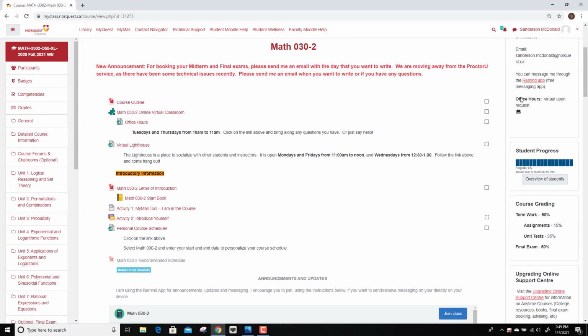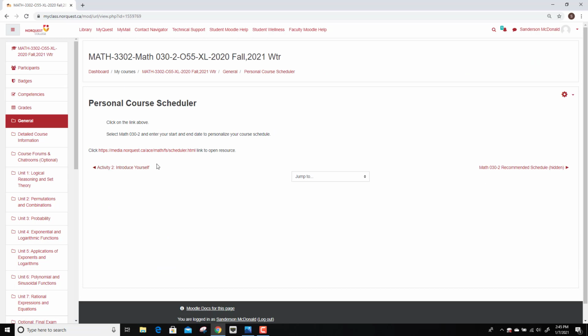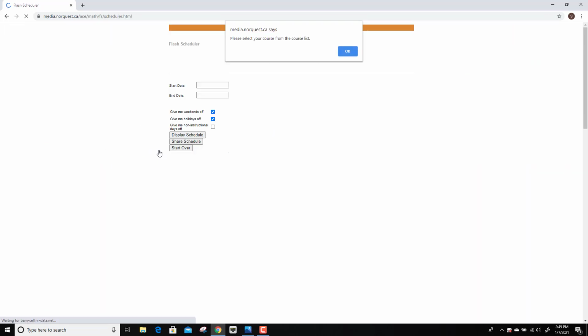As we scroll down here, you'll also see the personal course scheduler. Because in an online anytime course, you don't have any specific deadlines for assignments or exams, you have to set your own schedule. This can help you do that to make sure you are able to complete the work by the course end date. For example,